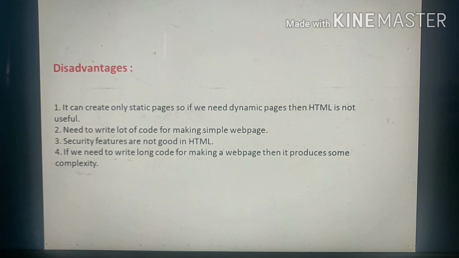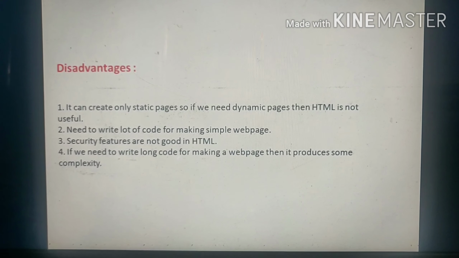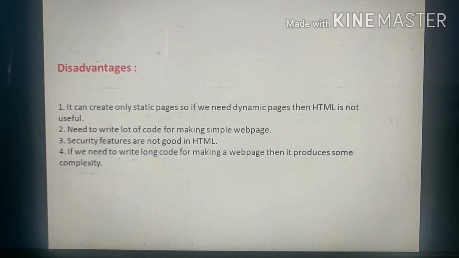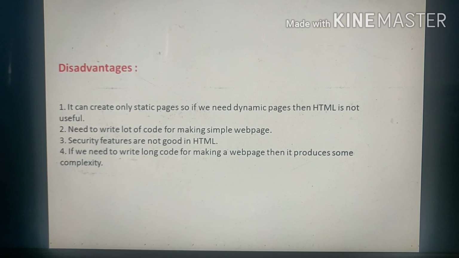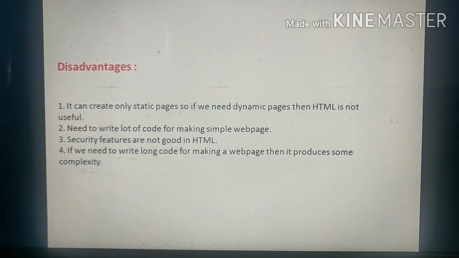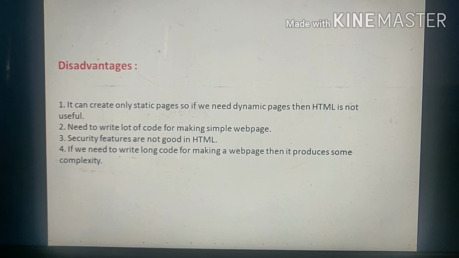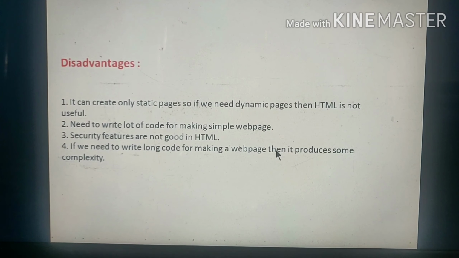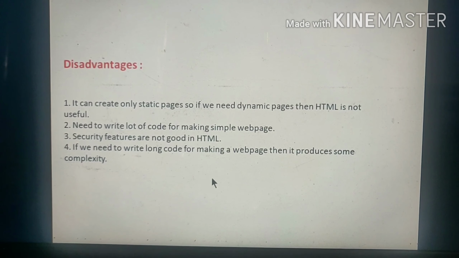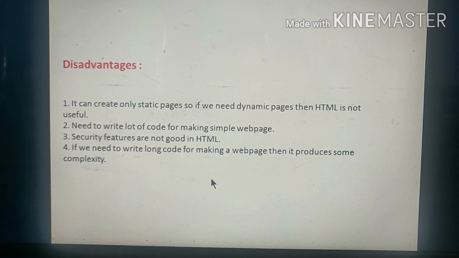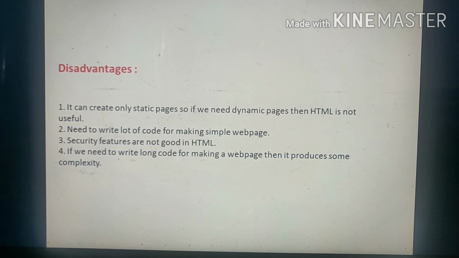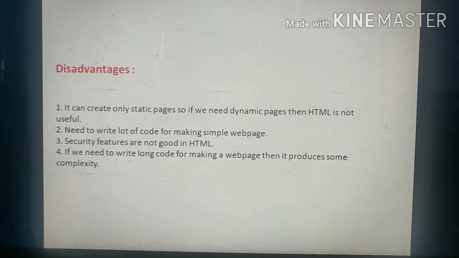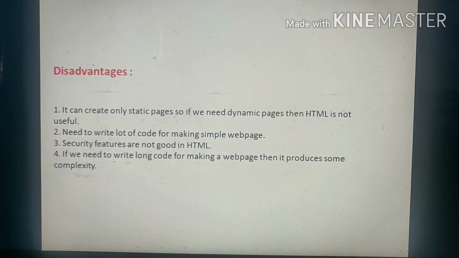HTML is only used for making simple structure, but it is not good for security. Then next, if we write long code for making a simple web page, it produces more complexity.